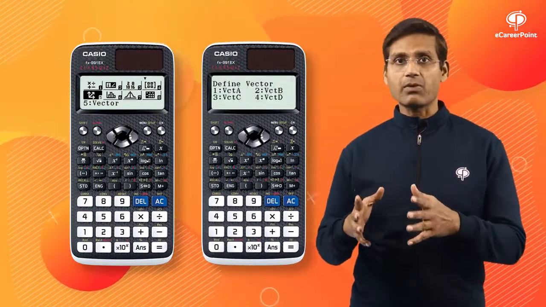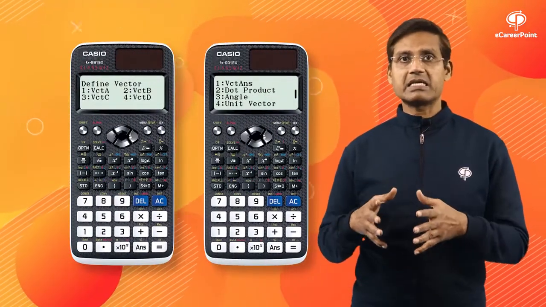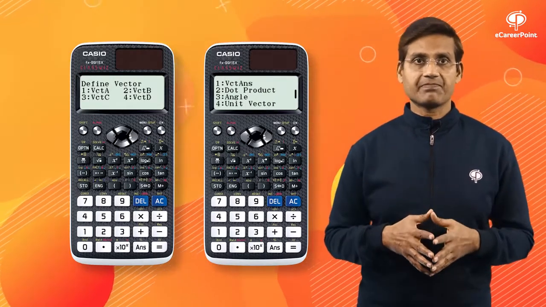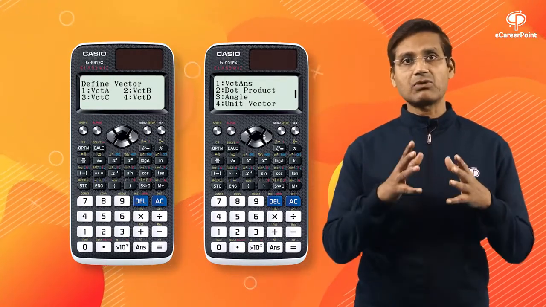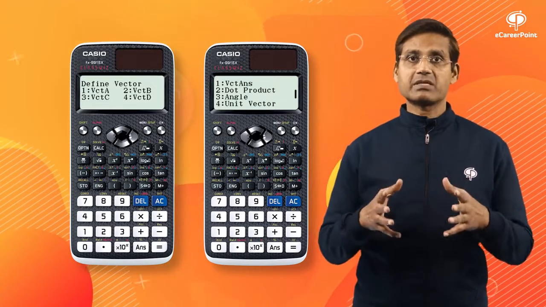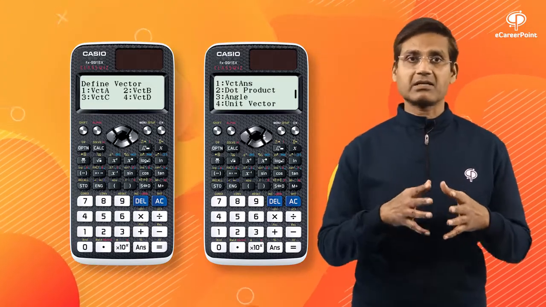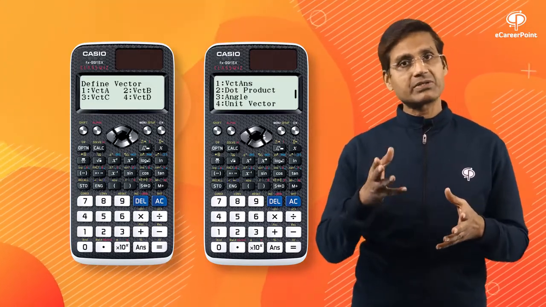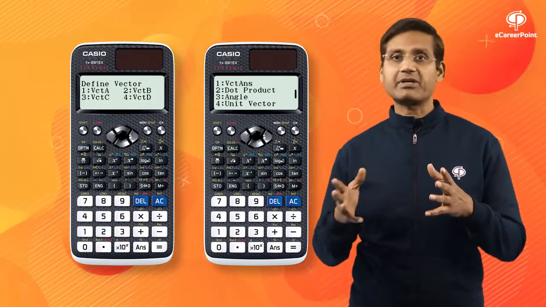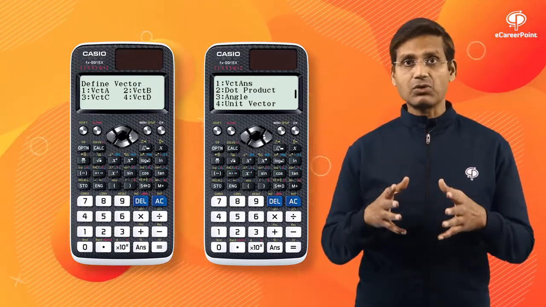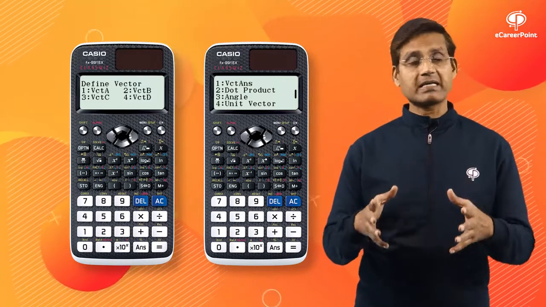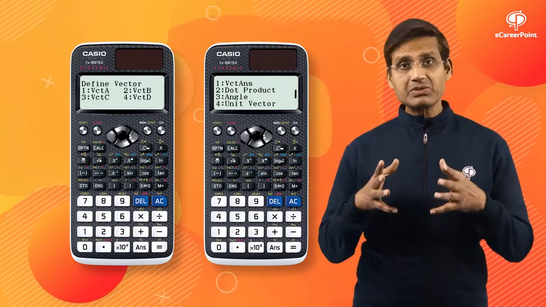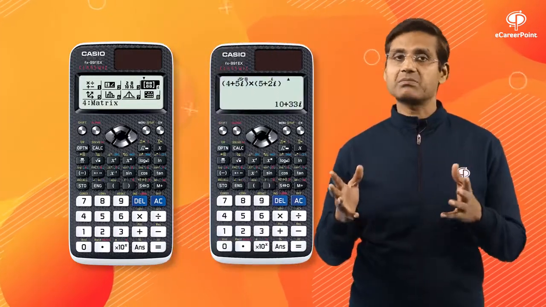Calculations based on vector algebra are not only required in maths but also in physics. This calculator is enabled with a vector calculation feature, and that definitely brings you out of those troubling moments when you get stuck in errors related to vector calculations. Using this calculator, you can perform differentiation and definite integration also, which are the core of calculus and are of great application in physics. You can use this device to rectify your errors in matrix calculations and complex number calculations also.